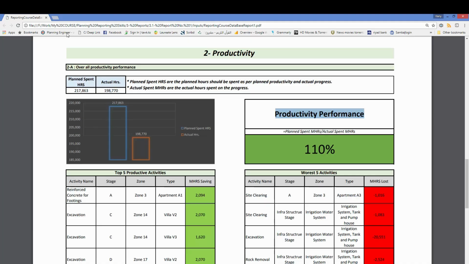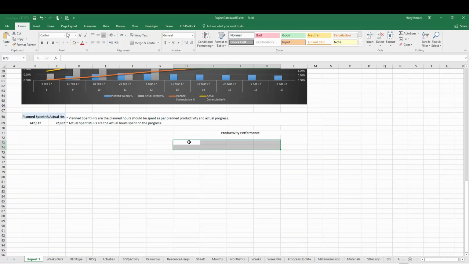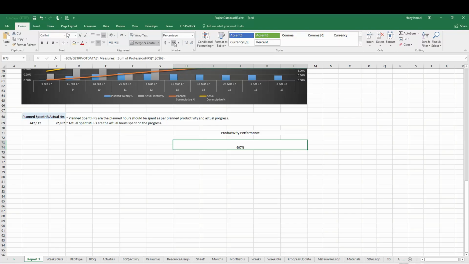And how to make this one, merge cells and make a simple formula. This equals the planned spent hours divided by actual spent hours, and we can make this one percentage,